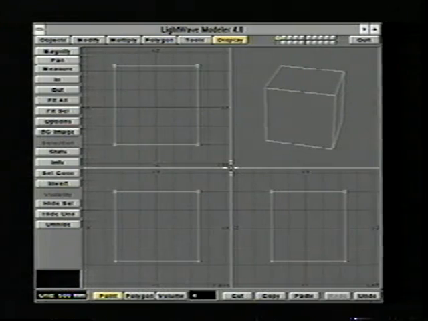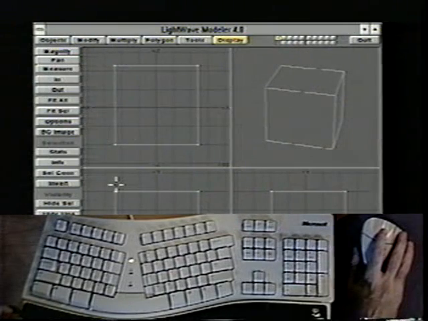Now, if I wanted to deselect all of them at once, all I have to do is click in this blank area anywhere between the buttons. Usually there's a blank area at the bottom of the left-hand side of buttons. So I'm just going to click there with the left mouse button. That deselects them. Another very simple way of selecting points and polygons is by holding the right mouse button down